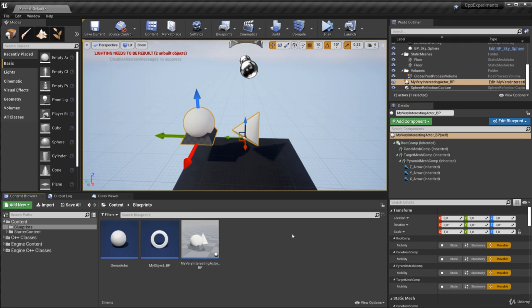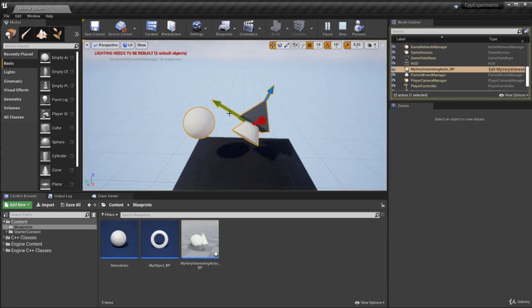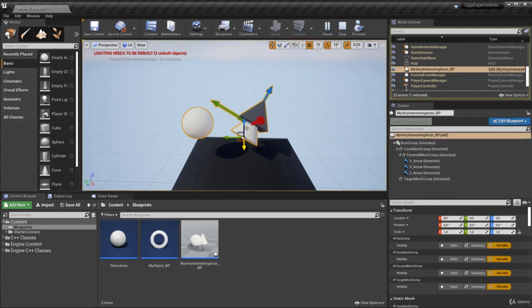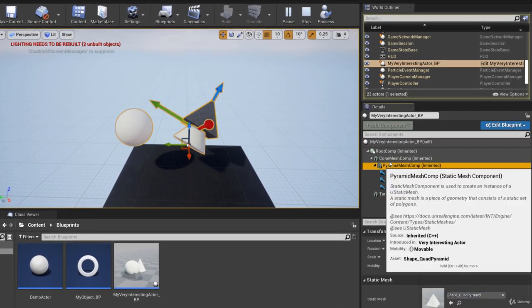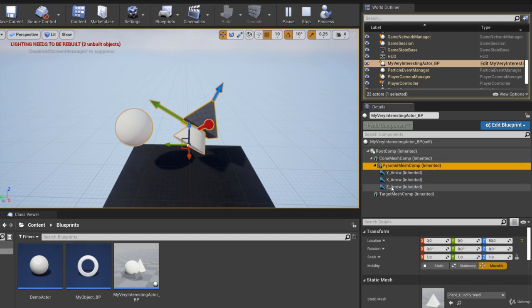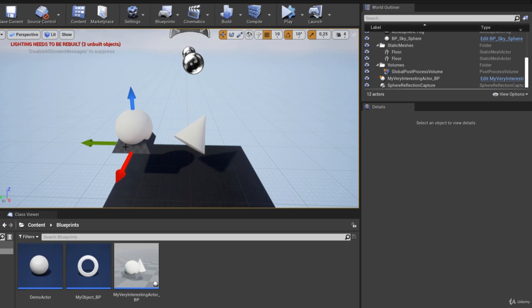So that's finished. And now when I click play again, you can see something else happen. Select that actor, you can see the permanent mesh component is still a child of the cone mesh component, but you can see the transform has changed. It's now going to snap basically from that sphere, which is the target mesh component. It's going to start over there, but then it's going to snap to the parent, okay, to the new parent,